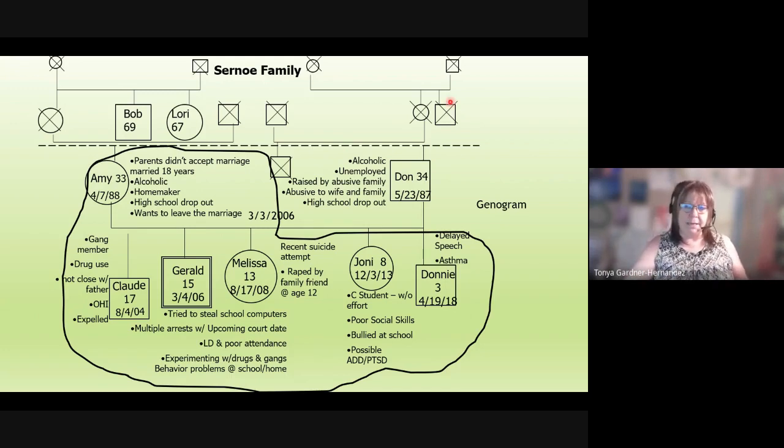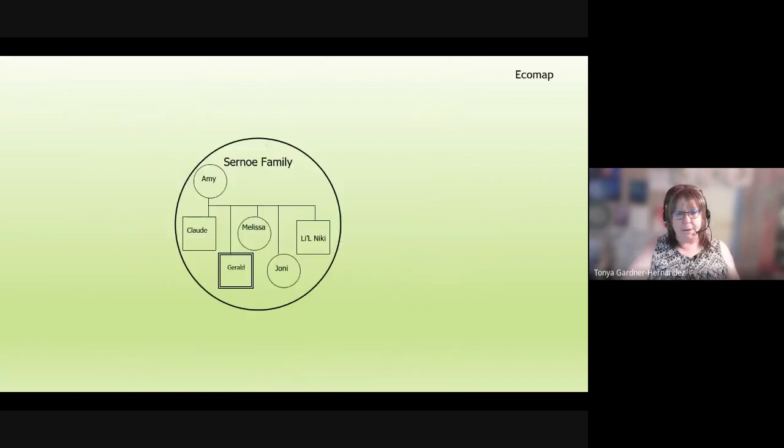Don is not identified in this because he's currently not in the home. He's outside of the home and he really doesn't want our services. So we were talking mostly with Amy. She was kind of providing us the services as to what we're doing. So as we start to develop the Ecomap, which has to do with our systems theory for this particular family,